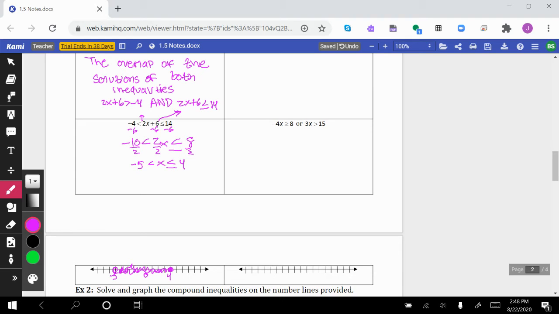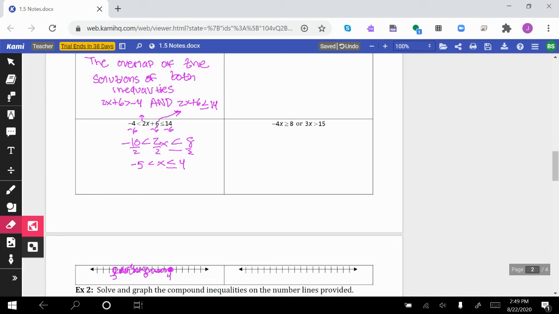So the numbers in there are both greater than -5, which comes from this part of the equation, okay? And the numbers in there are less than or equal to 4, which comes from that part of the equation,